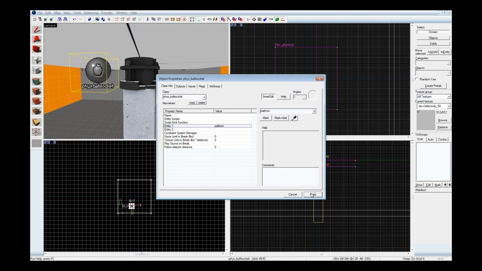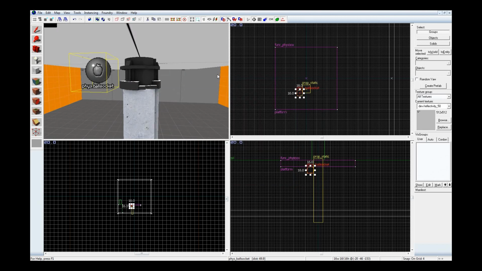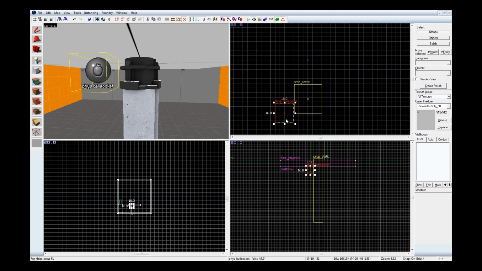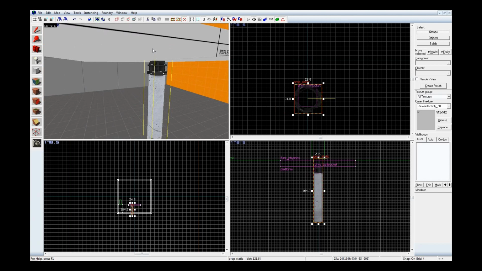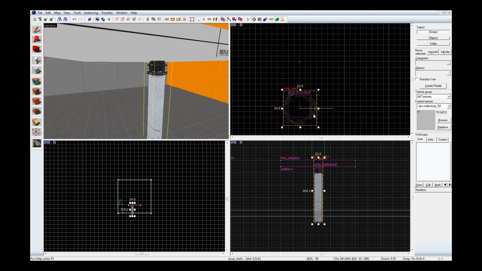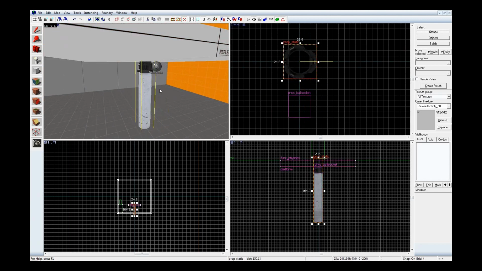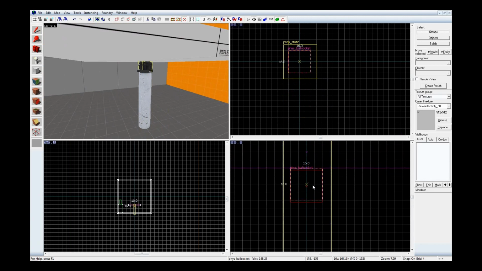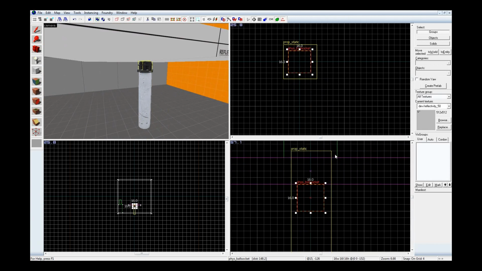Next up, I'm going to move this to the center, more or less. Actually, the center of this object's over there, so let's move this prop over and it's the ball socket and put it in the center as well. This may take a little finessing,